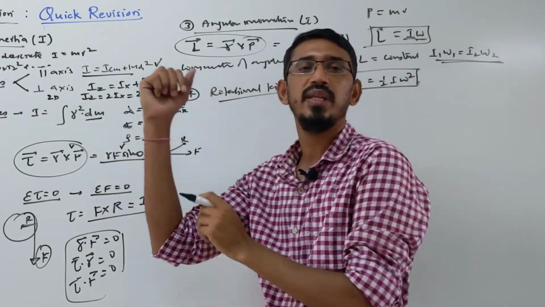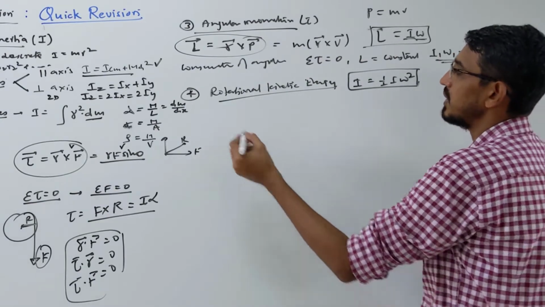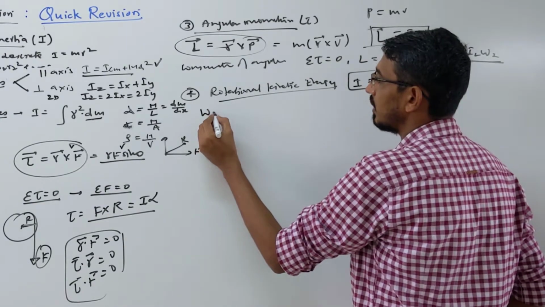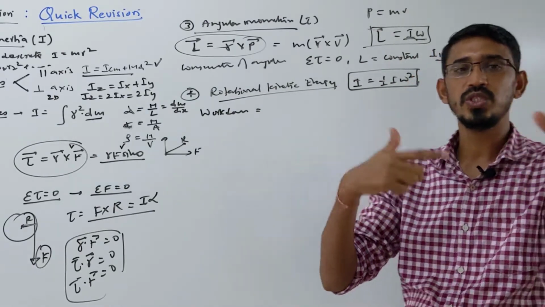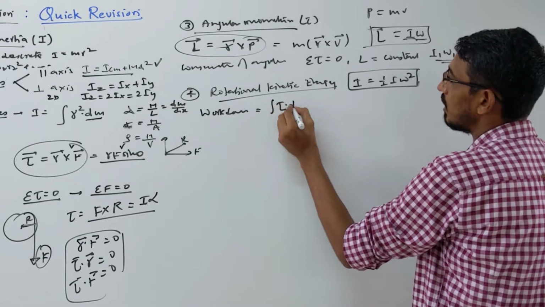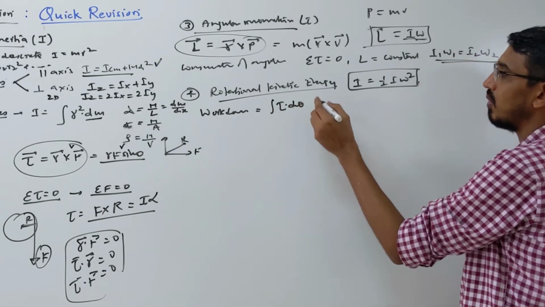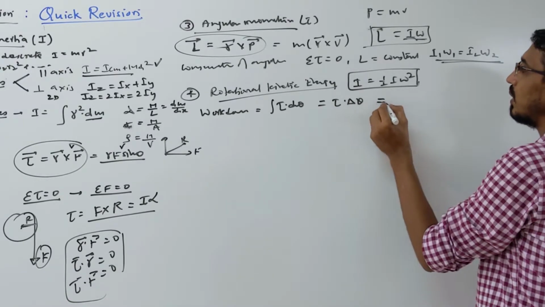And then we have done many small questions on work, energy and power. Like they ask, first we write the work energy theorem. So the work done: like in the linear chapter we say force into displacement, here we say in terms of torque. We said the integration of torque into d theta. If it's variable or constant, then torque into d theta. That's your work done.